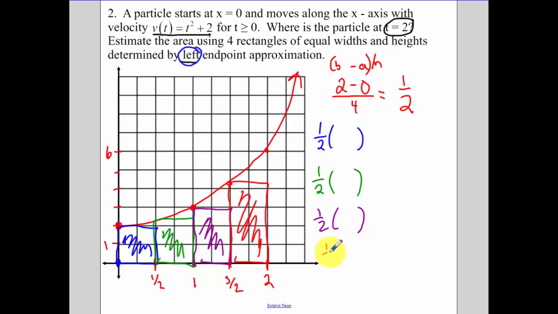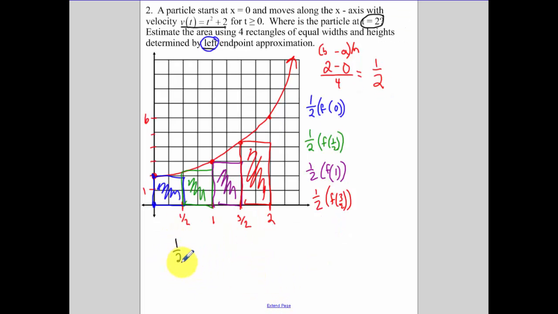Now the height for each one is different. But remember, the height is going to be the function value. So this is f of 0. For the next one, it's f of 1/2. For the next one, it's f of 1. For the next one, it's f of 3/2. Okay? So when you add all of these together,